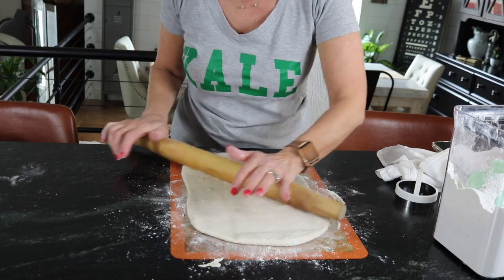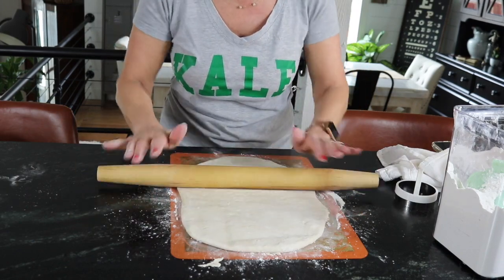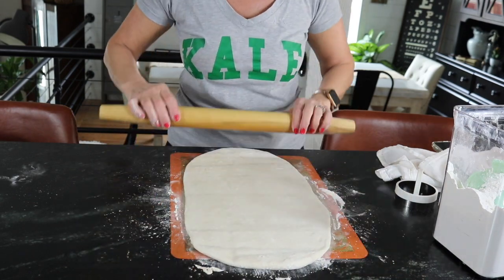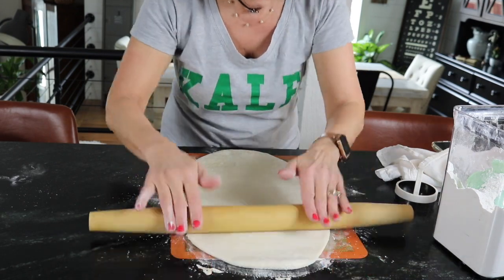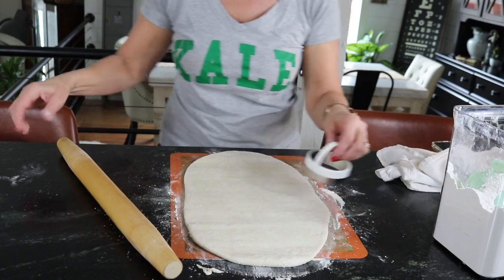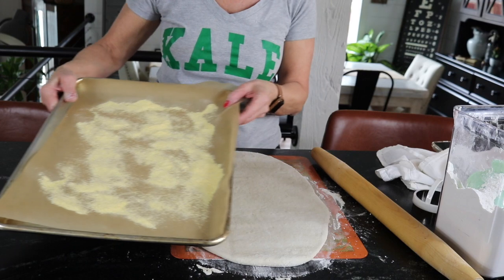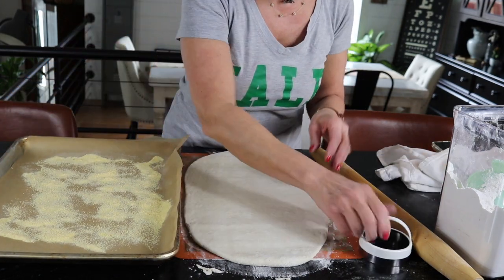I think the pancake one, I've made it many times, so I actually think we're gonna be good to go there. And I do believe this is still gonna turn out. Yeah, I believe it will. And I believe this is probably plenty thin. Okay, so as I said, we're gonna put that on a parchment lined cookie tray with some cornmeal on there. And we're gonna cut these out. I actually think this is